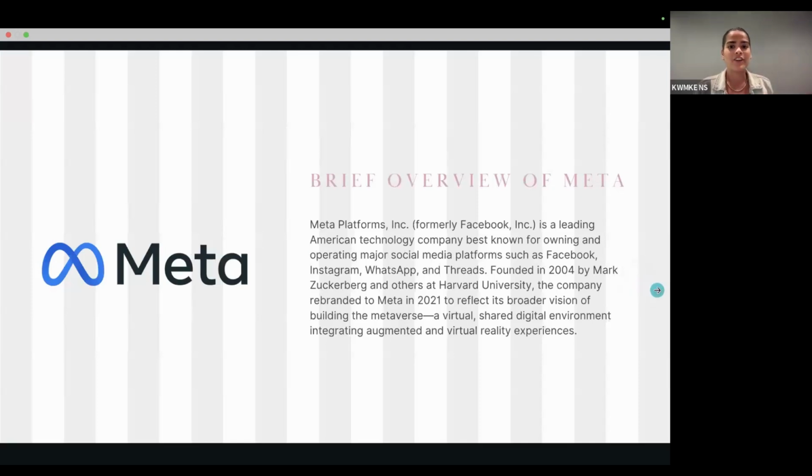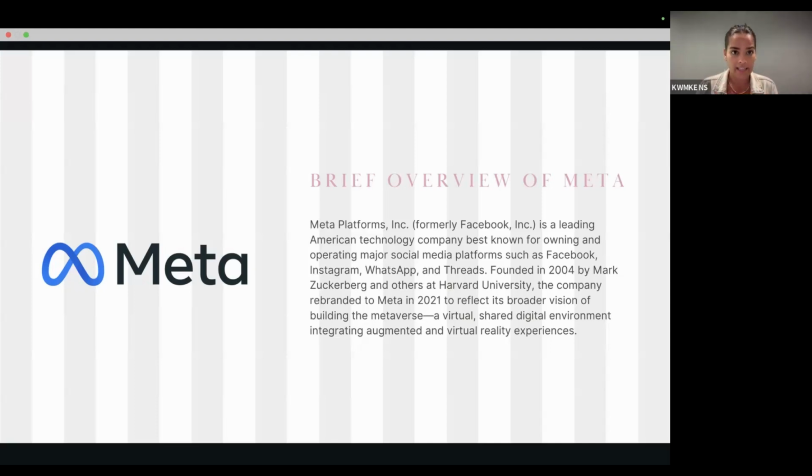So first things first, what is Meta? It's a very wide term and it kind of encompasses a lot of things. Meta is formerly known as Facebook, and I'm pretty sure it might be the leading technology company for social media platforms today. Meta is Facebook, Instagram, WhatsApp, and Threads.